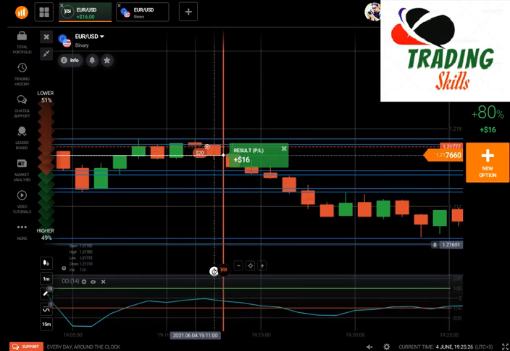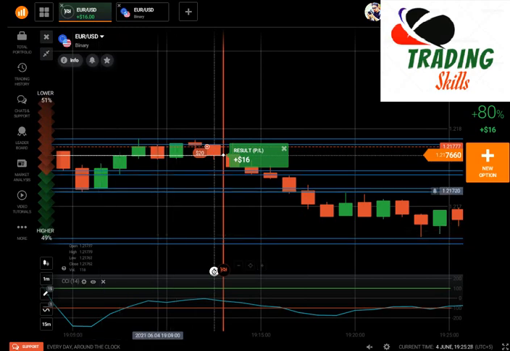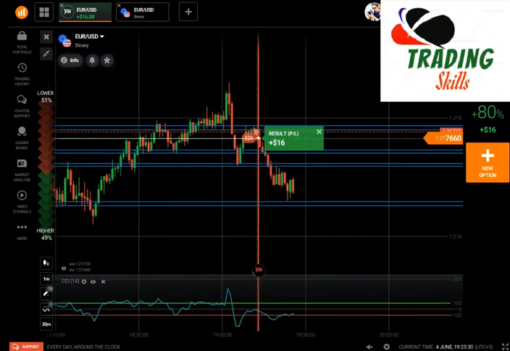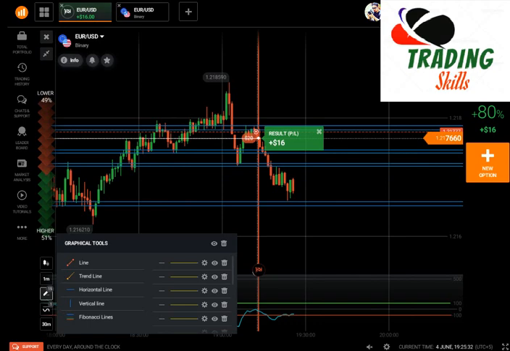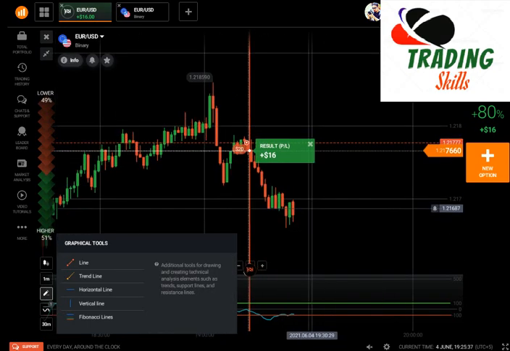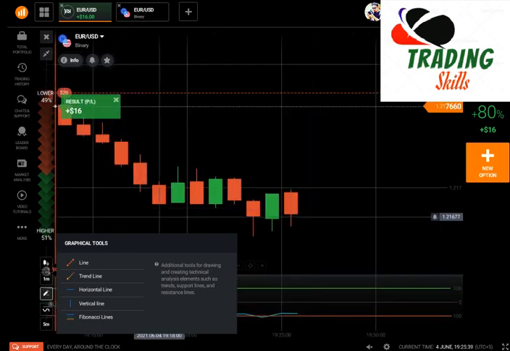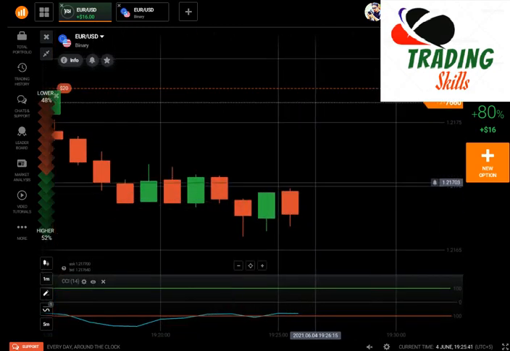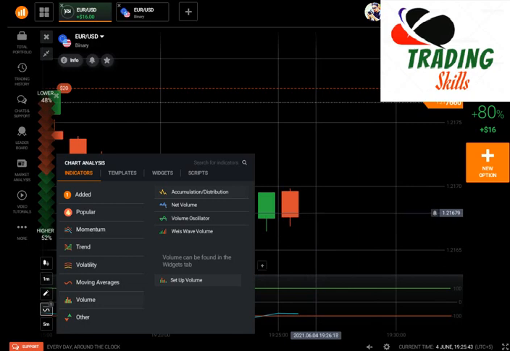So in this topic today we are going to discuss the continuation signals, continuation signs, why the candles are moving in an up direction and why the candles are continuing their movement in a down direction. Now you can see here, if I analyze this market, only this market,